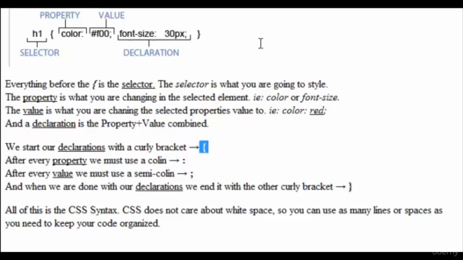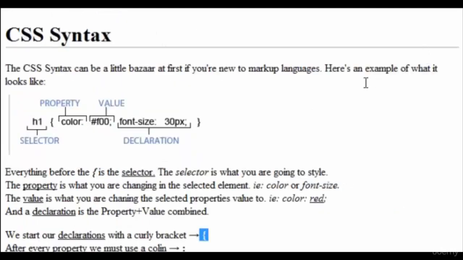Some websites actually take out all the spaces from their CSS just so that their page will load 1 millisecond faster. Now everything here that you see is part of the CSS syntax. And CSS is written pretty loosely. Again, it doesn't care too much about the white space. So if you see any of my code in the future that uses 2 or 3 spaces or 1 space, quite often I won't use any spaces between a property or a value. That's nothing to worry about.